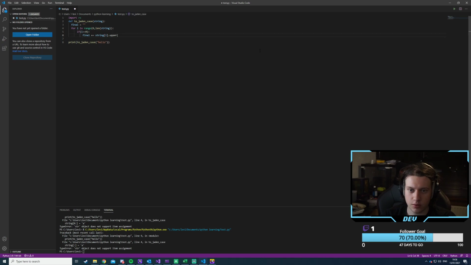No, indenting is wrong. Okay. This, and elif. So elif if y is equal to, so if string dot y is equal to a space, then we say final plus equal string dot y,